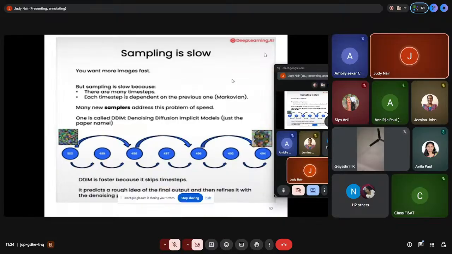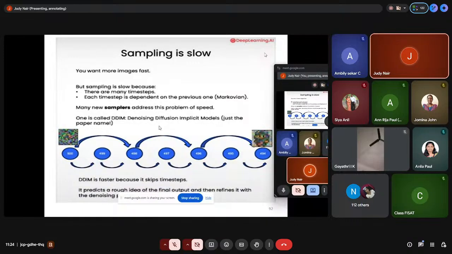It's a stochastic process, especially a Markovian process, because at each time step, we use a schedule to add the noise. It's called a schedule, and there are different types, like a linear schedule, or we have seen cosine, that is used to add noise at each step. But it follows a Markovian process, and it takes many time steps to actually converge to pure noise. So for a faster sampling method, they have come out with something called DDIM.